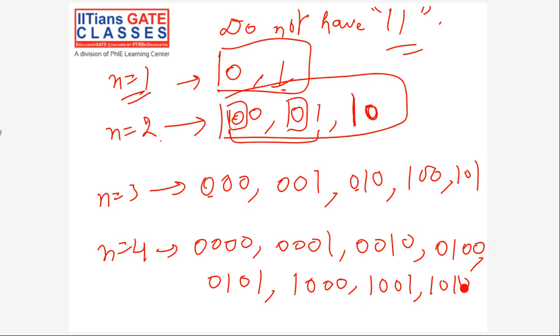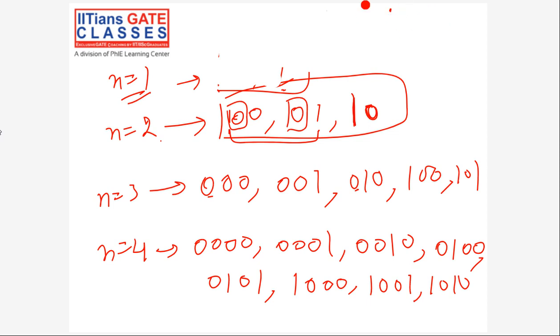Now I'll try and write the recurrence relation for it. I gave you the examples. I'll rub this upper part so that I can explain and parallelly write the recurrence relation. For n equal to 1, this is 0, 1 only, easy case.